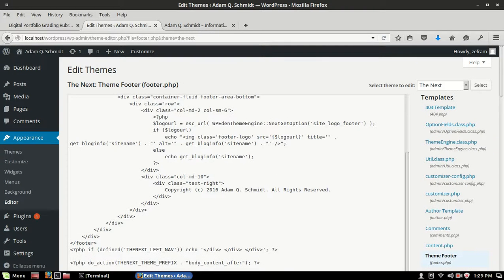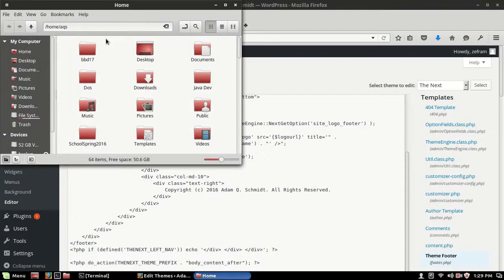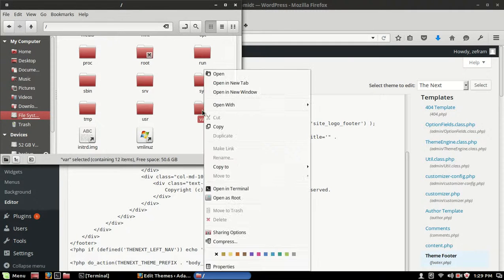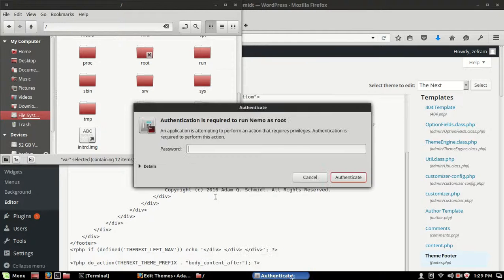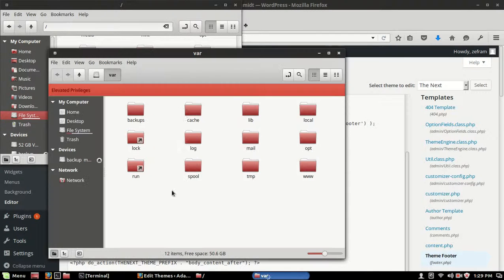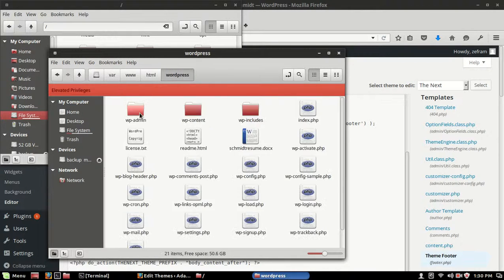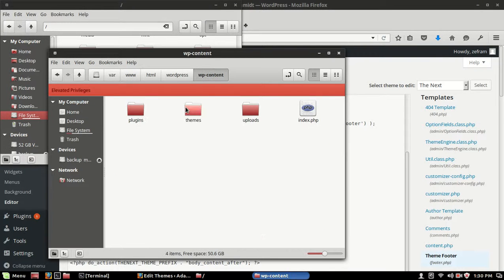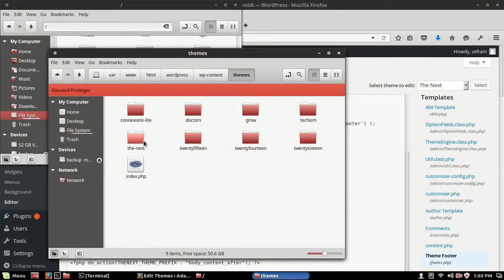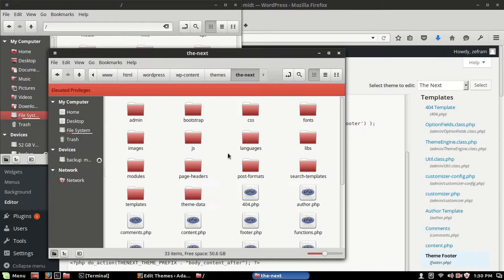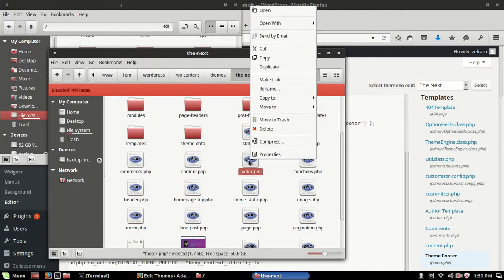So what I did is go all the way up to the top level, and I chose to open as root, basically administrator. And I know where all the files that are needed for this site are located. Here you can see we're in the HTML. Now we're in the WordPress, and WP content, themes. Now the next is the theme I'm using, so all I did was go in here, footer,